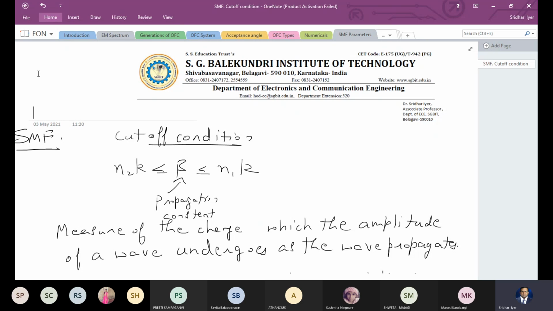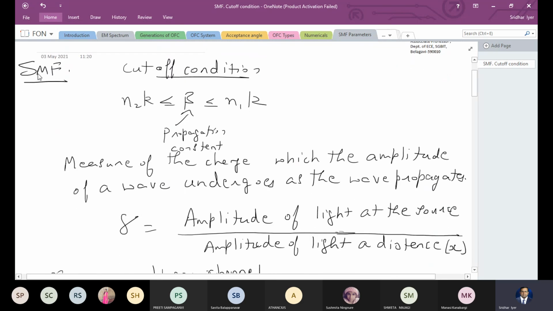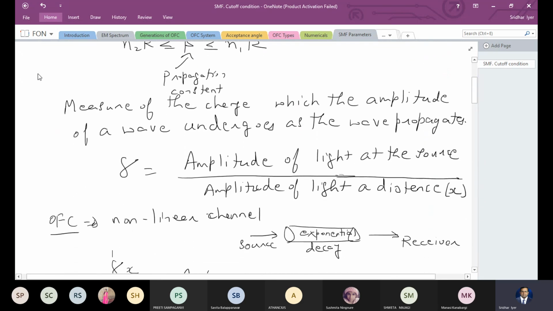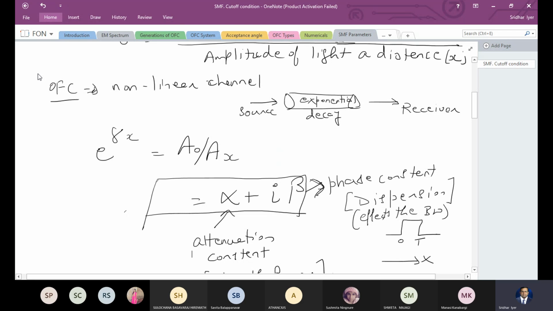So we looked at the cutoff condition for a single mode fiber. We revisited that yesterday, and we looked in a little more detail at what this propagation constant is. This propagation constant basically tells us the change in amplitude of a wave, that is a group of signals, as the wave propagates. So with distance, what happens to the amplitude, that information can be obtained from the propagation constant. Then we also looked at how we can write this propagation constant, and I told you that